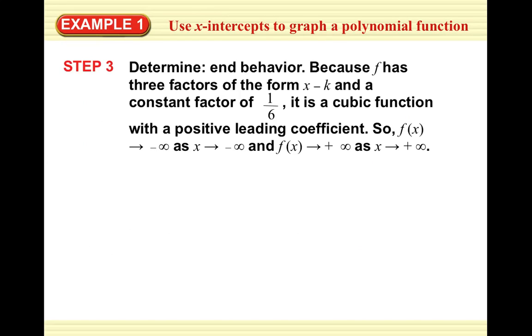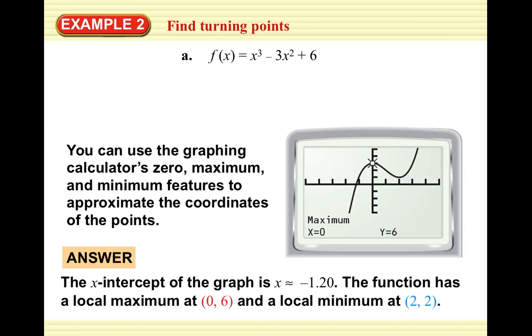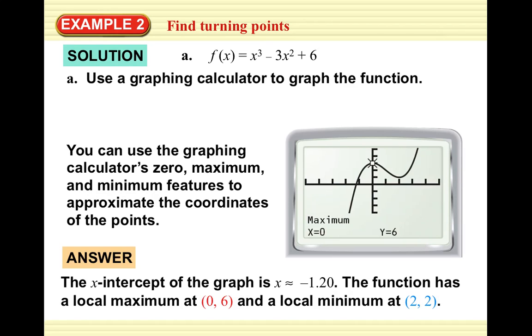All right, let's take a look at a function. We can ignore this because we've already seen that. Okay, example 2, finding the turning points. So here are our 2 functions. Let's take a look at the first one: x to the 3rd minus 3x squared plus 6. So at most, we are going to expect 2 turning points